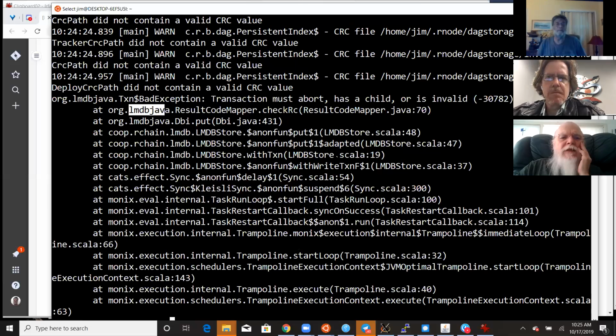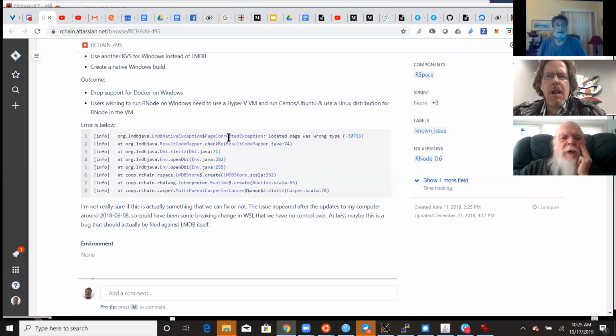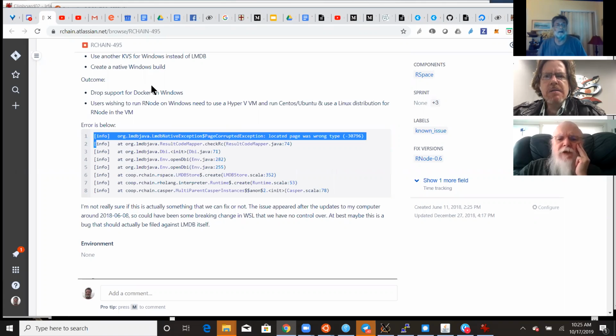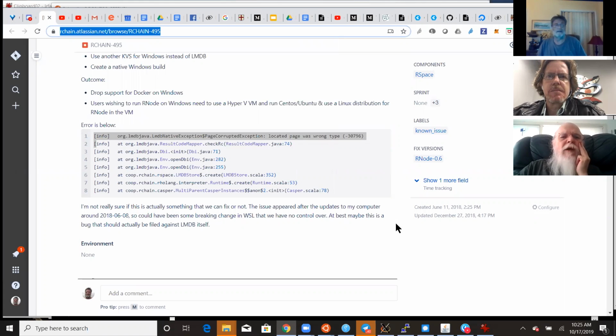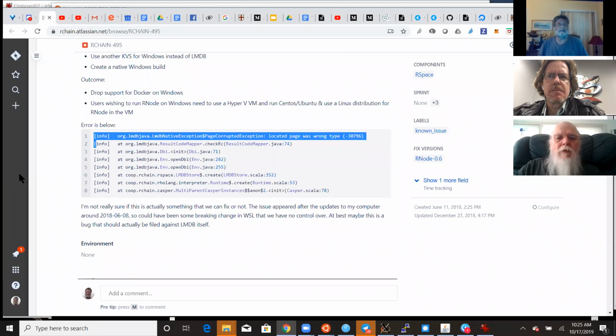Paste that message in the chat. Which message? The one that I have highlighted here? Go back to that other screen. I want that other message. What, you mean this one? Yeah, paste that one into the chat. I want to do some searches on that. Well, why don't you just go to the error page? Oh, okay. We'll copy the links so I don't have to look it up. It's right in the RChain 495. Okay, the link is right in the no testing channel.